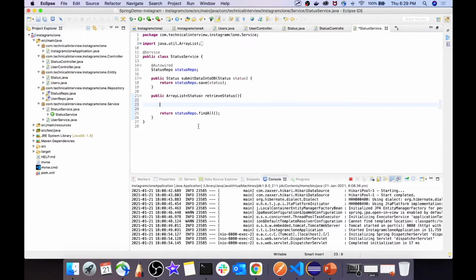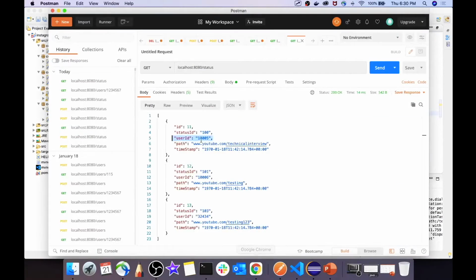So instead of using the arrow function and making things complicated, let's implement this with simple Java logic. The first thing that we will be doing is capturing all the status lists in an array over here. And over here we will put an iteration over each and every status that we are getting as the response.